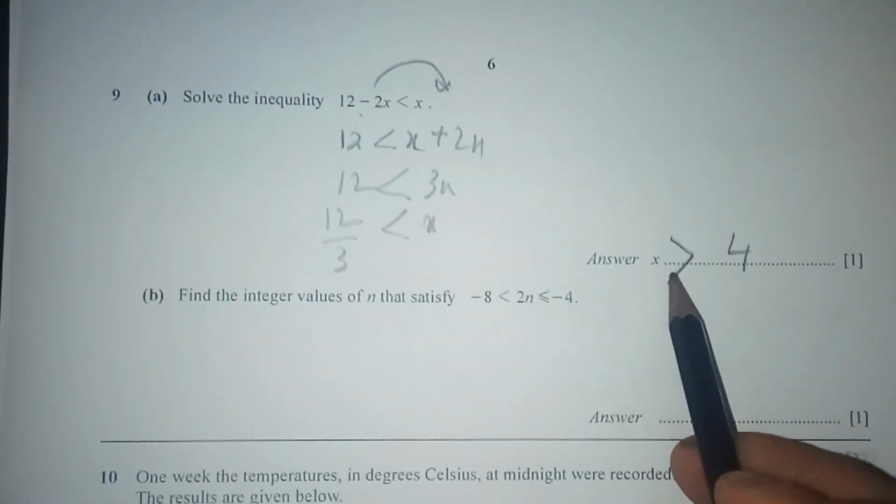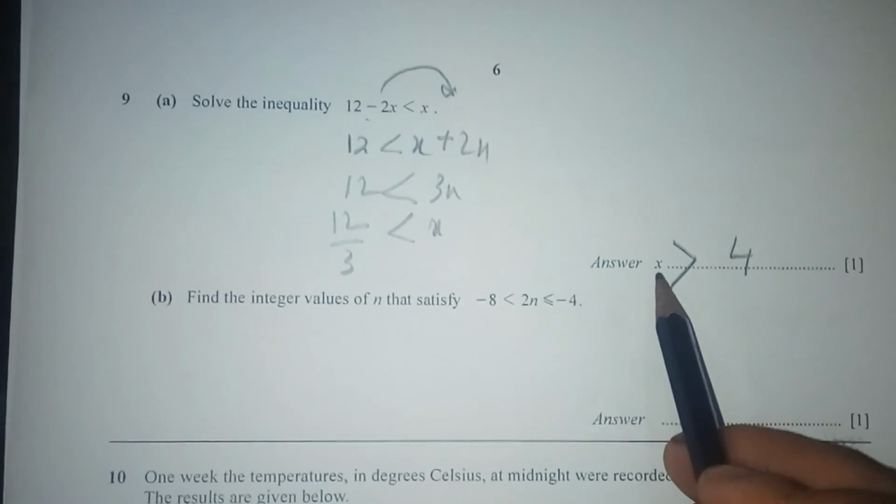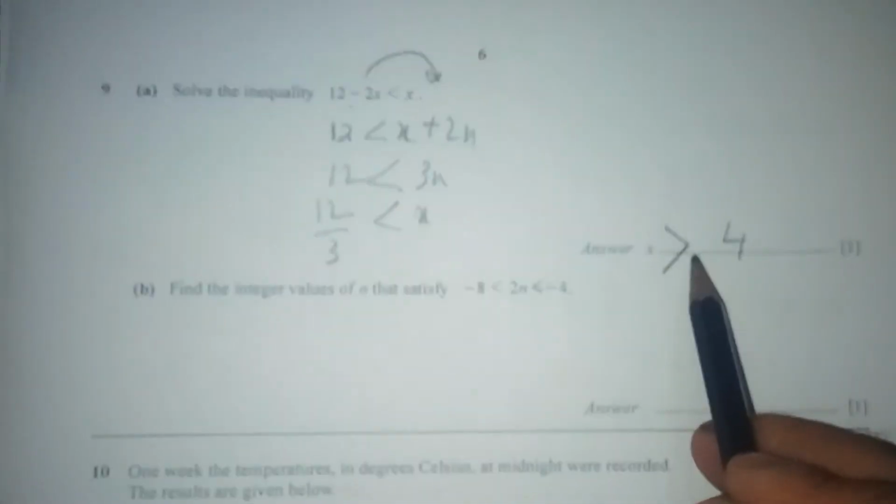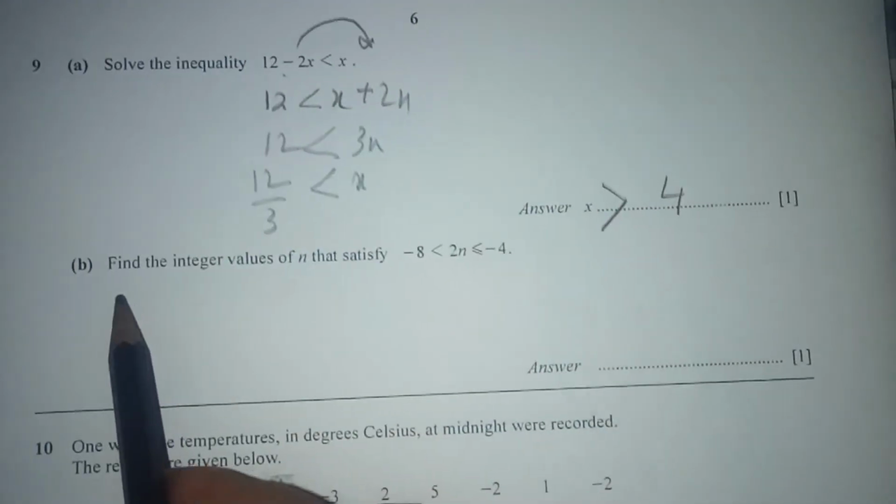So look here, x is greater than, because the mouth of this sign is towards x. The same in the answer, the mouth should be towards x. So, remember, don't make this mistake. Okay, so the B part,